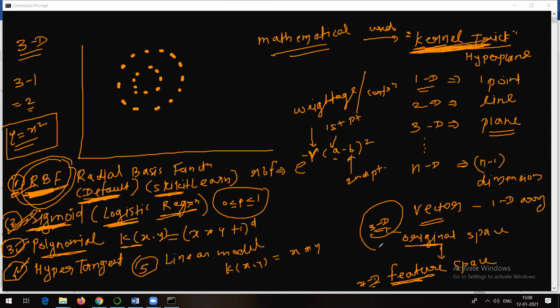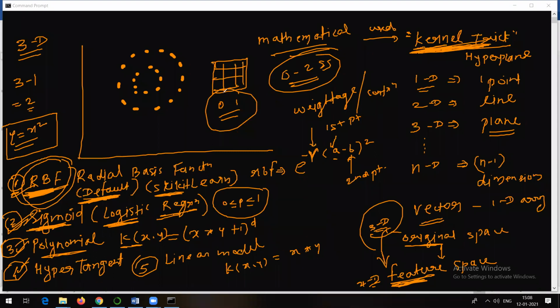So it means, in whatever dimensions your data is, the kernel trick is going to help you map your data to a feature space so that the calculation is easy. I don't know whether you are aware or not. If an image is a black and white image, you can make use of 0 and 1. But if it's a color image, you can make use of 0 to 255. So a color image is actually an n-dimensional image. This image is a two dimensional image, right?